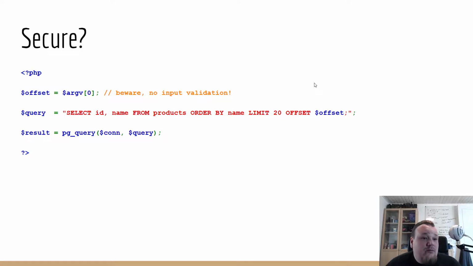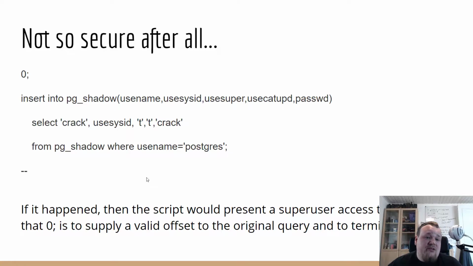So let's look at some code. Is this secure? You might think, well, I do have a comment saying no input validation. I know this is a PHP example, so this is just another example of insecure code. You have some input and some argument, and in the first line you concatenate it or put it directly into a SQL query and execute it, so you have some SQL injection possibilities here. So it is not secure at all.